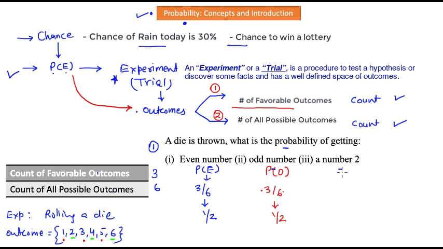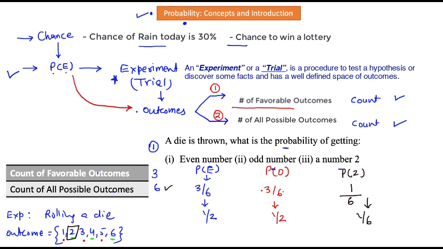And lastly, we will calculate the probability of getting a number 2 only, right? So we know that the total number of outcomes is 6. That is for sure from here, correct? The only thing we need to determine is in how many possible ways you could get a 2, and there is only one possible way that you could get a 2 because there is only one 2 in this die, right? So that means the number of ways a 2 could happen is 1, and so your answer is 1 over